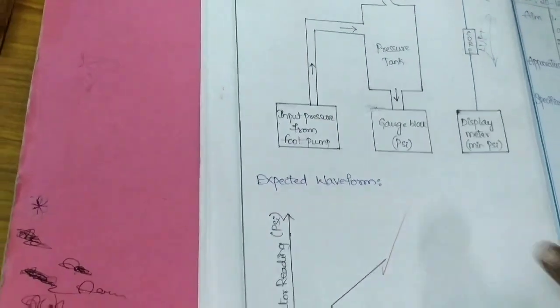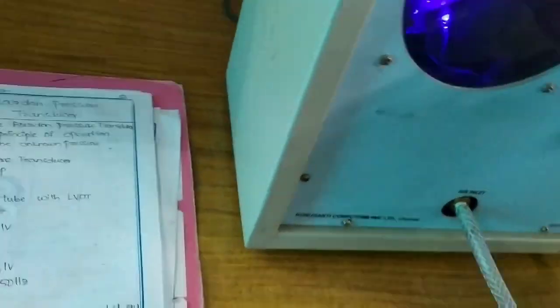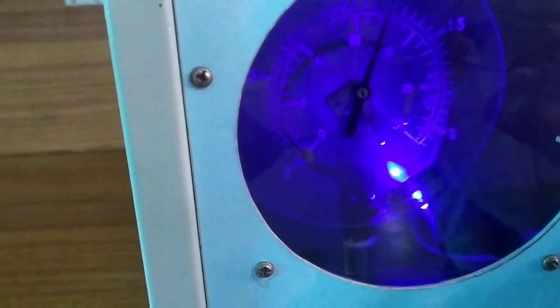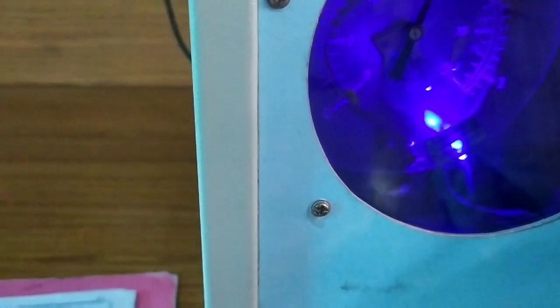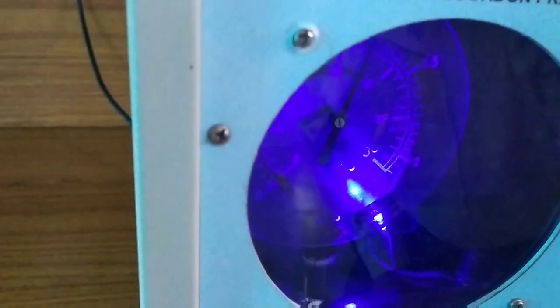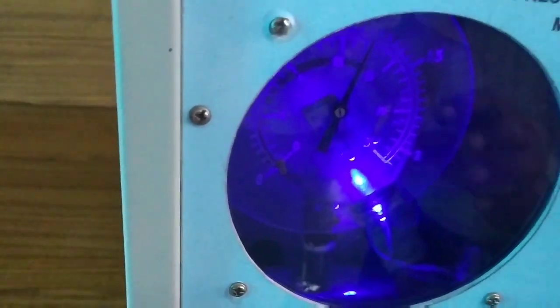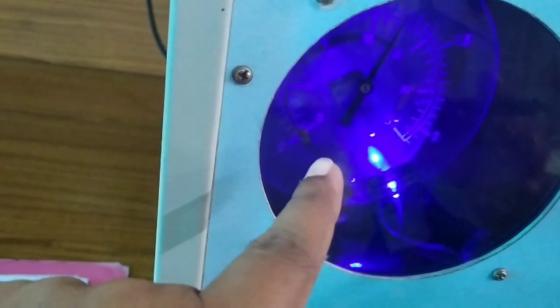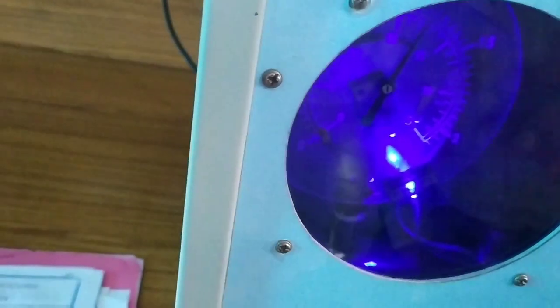Now here you see, internally there will be a black-colored C tube. That is called the Bourdon tube, the C tube, and one end is connected to the pulley as shown in the diagram. The other end will be connected to the air tank, which is internally there. Based on the applied pressure, the other end of this C tube will move in the forward, upward direction and the backward direction.